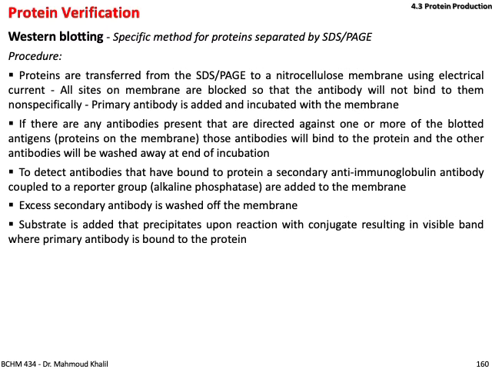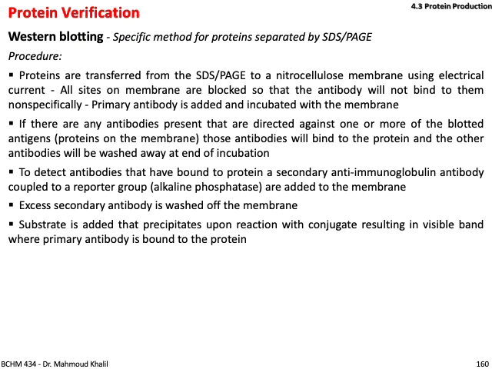Another way of verification is Western blotting, a specific method for protein separation used after doing SDS-PAGE. Normally, proteins after SDS-PAGE are transferred to a nitrocellulose membrane using electrical current. All sites on the membrane are then blocked so that the antibody will not bind to them non-specifically. You put a primary antibody that is specific to the protein of interest and incubate with the membrane. If there are any antibodies directed against one or more of the blotted antigen proteins on the membrane, this antibody will bind to the protein and the other antibody will be washed away at the end of